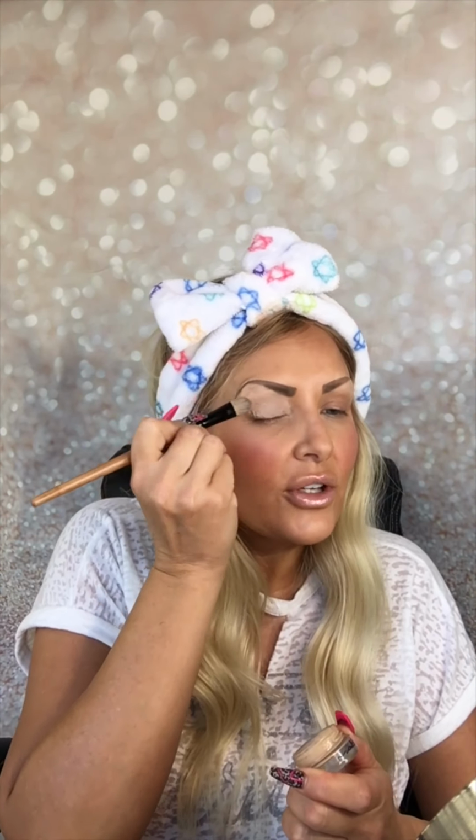So first off, we're going to start with MAC Paint Pot. This is what I use. I use it in soft ochre. The reason why I use one of these, or if you have done your foundation and concealer first, you can use your concealer at the same time. You don't have to go out and buy this special. You can use your concealer, but I do it because you guys have discoloration on your eyes, and this helps